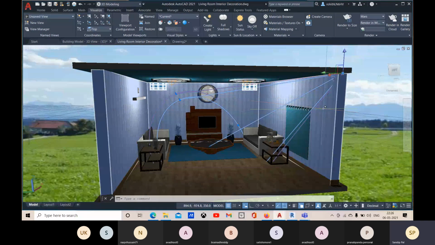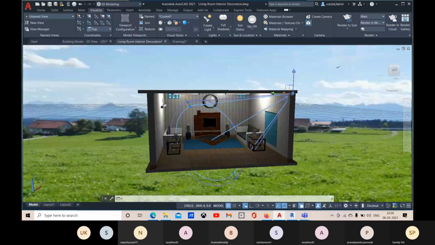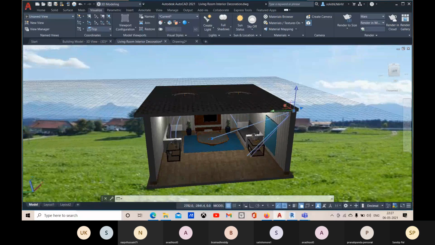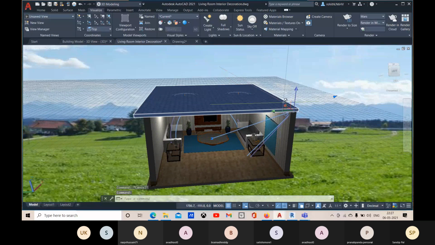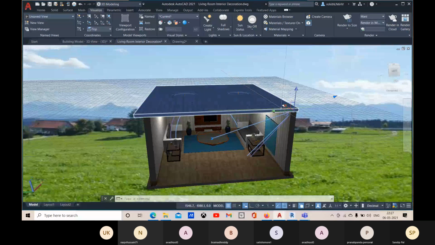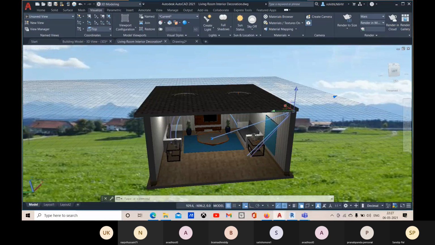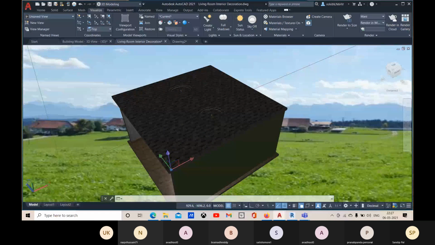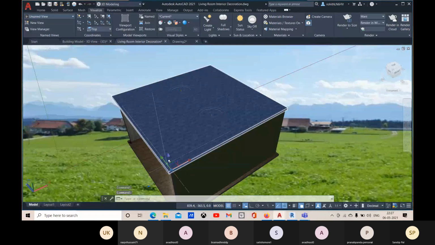Let me change the position. It's lagging too much.